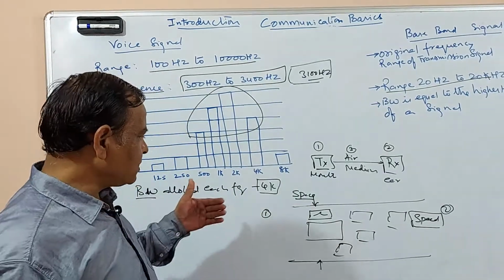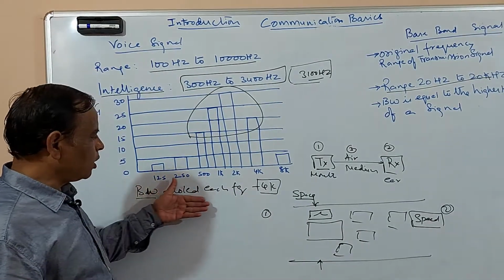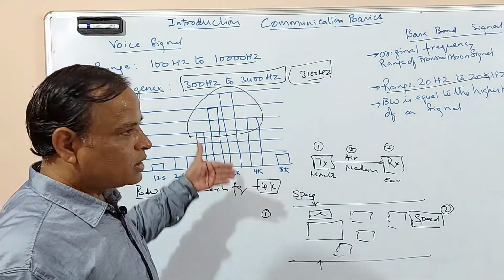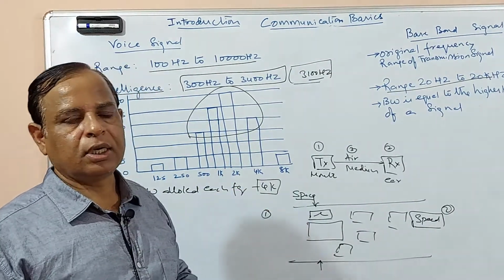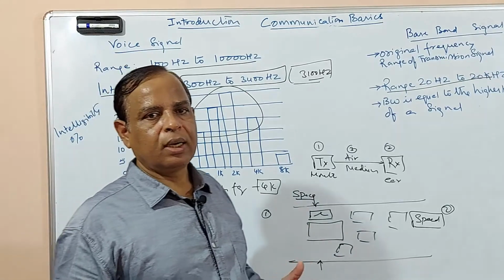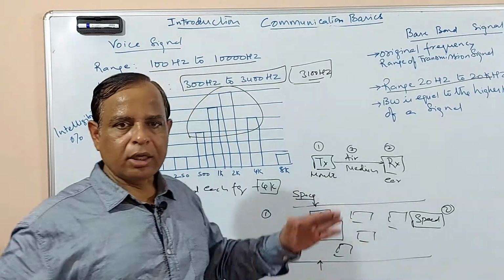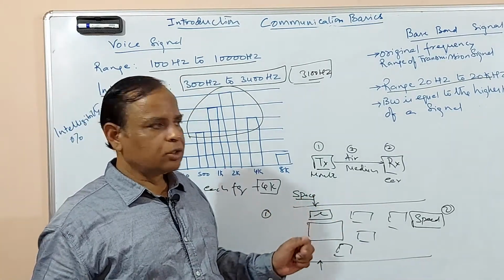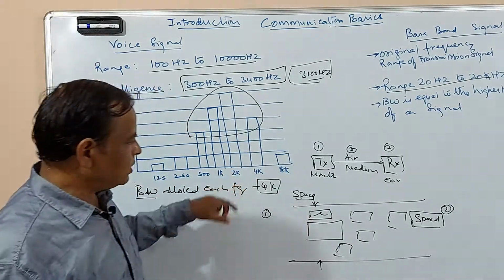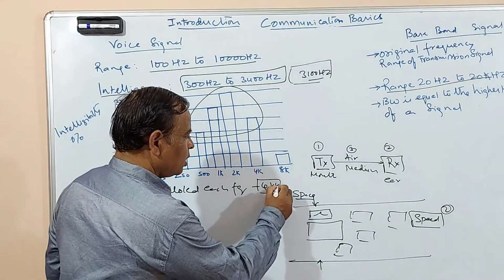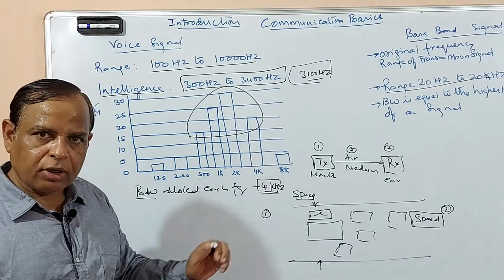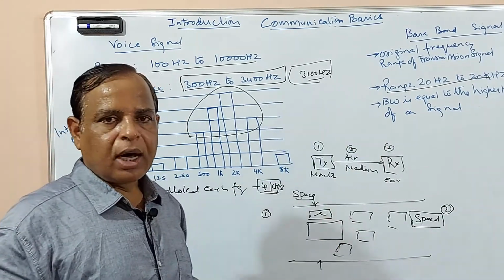Now, as I said, you see the bandwidth allotted to each voice frequency is 4 kilohertz in telephony. Why has it been done? So you have to restrict. 10 kilohertz is a very huge thing, isn't it? So if our purpose is solved when you are able to process this 4 kilohertz up to the receiver,